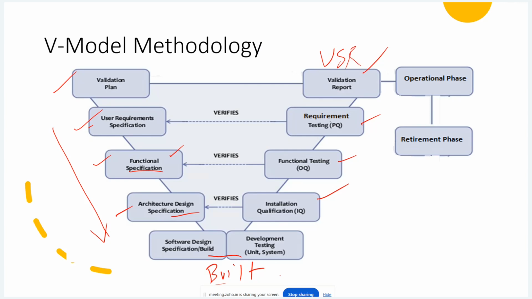To summarize everything, every effort of the validation is in this report. Once this report is approved, you can release it and go live, correct? That means the operation phase will be there. You can use the software on your daily routine basis. You may use it for 10 or 15 years. After that comes retirement of the software. That is the last phase of the SDLC.